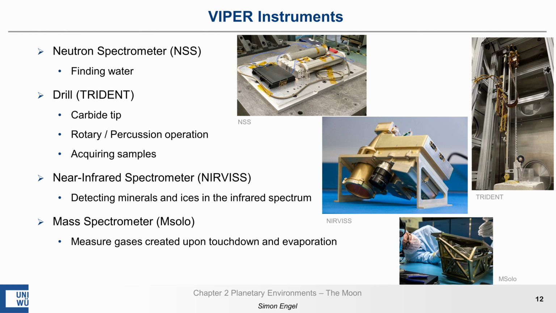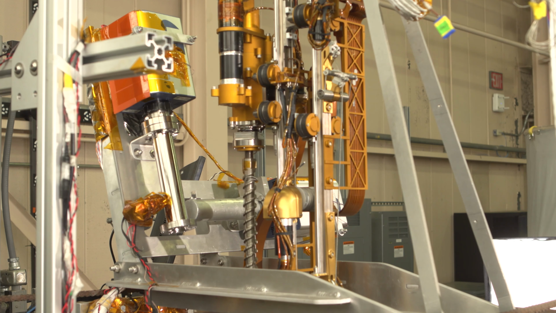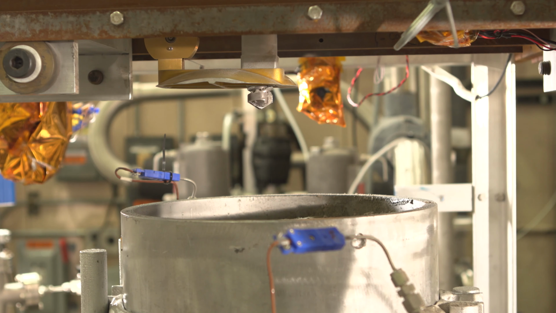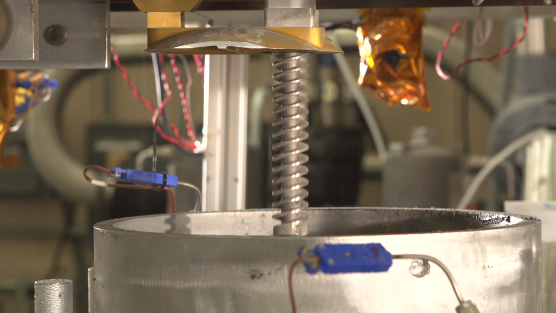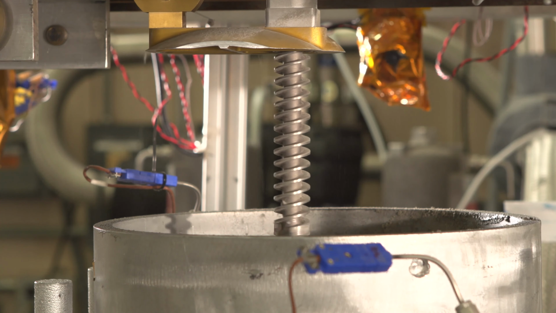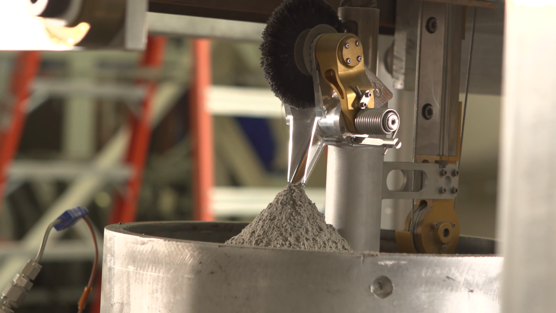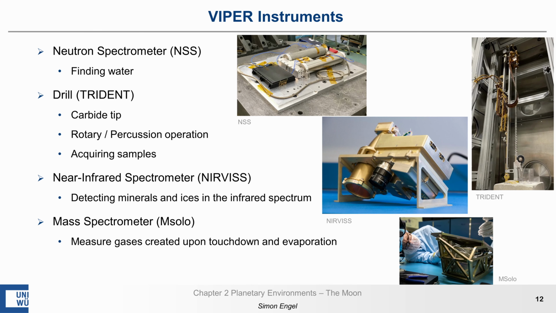which brings us directly to the next instrument, which is called Trident, short for the Regolith and Ice Drill for exploring new terrains. This drill can drill about 1 meter into the ground and also measure the temperature along the way. The drill has a carbide tip that is harder than steel and therefore lasts much longer. Also, the drill can operate in so-called rotary and percussion mode that can be controlled independently from each other. When retracting the drill, a rotary brush sweeps off the material into a chute, which then creates a small pile on the ground. This pile can then be analyzed with the NIRVIS instrument, which stands for Near Infrared Volatile Spectrometer